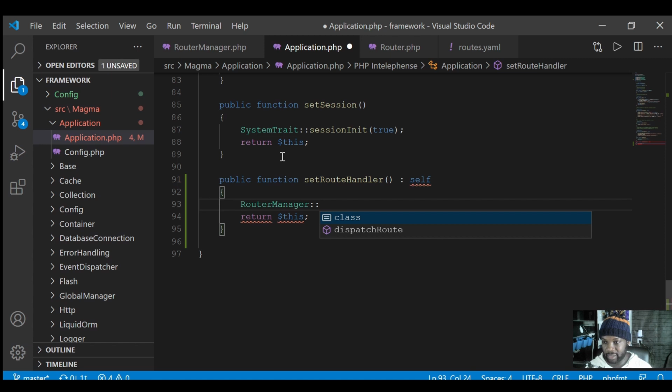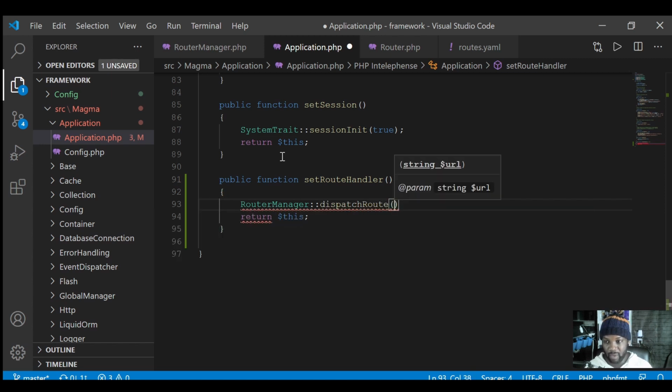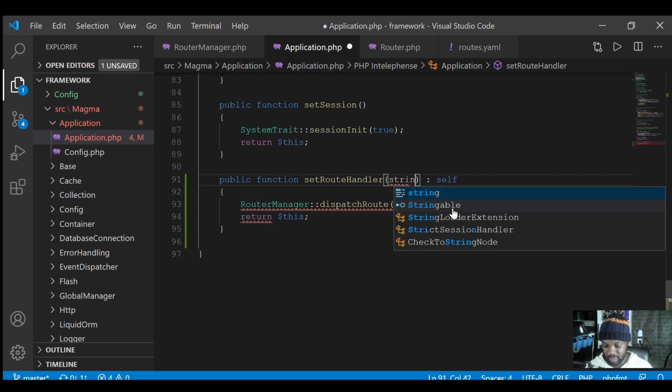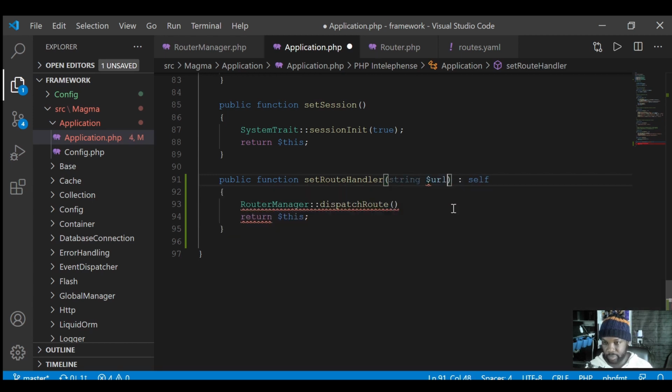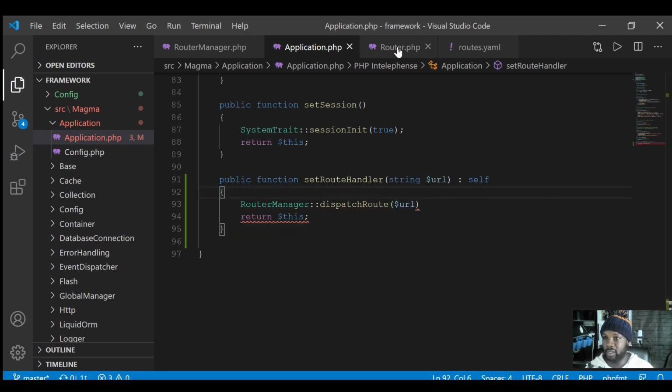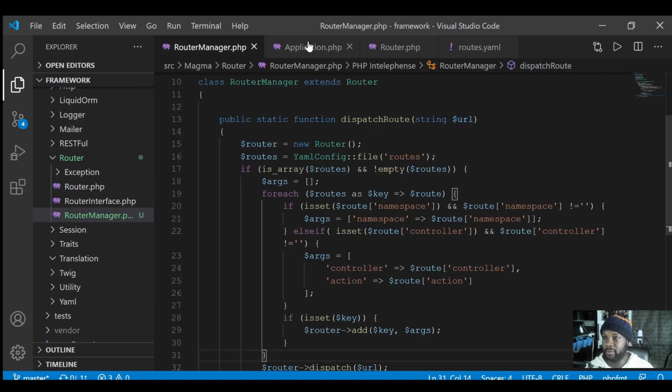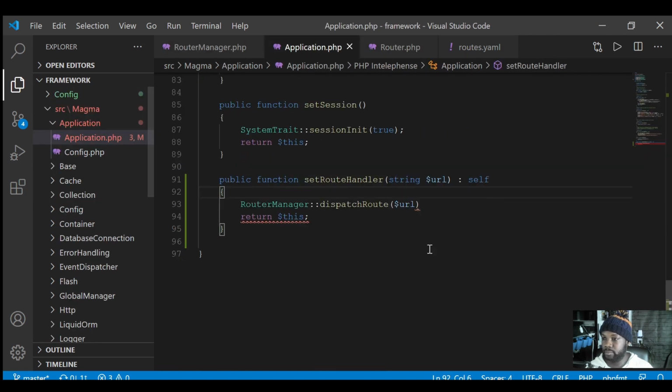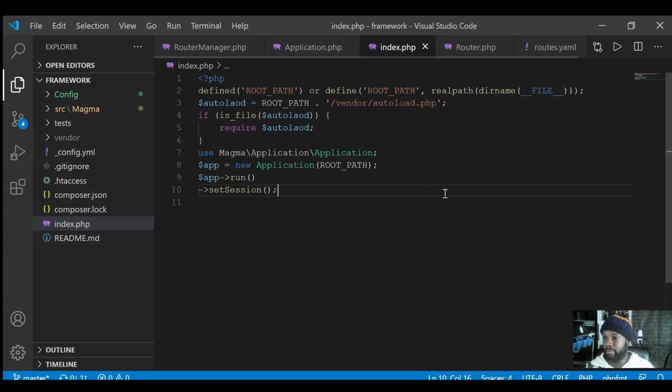and call that dispatch route method. And I'm going to create an argument in that, and I'm going to pass that argument within this dispatch route method, because that contains that one argument in here, and semicolon. Right, so I'm going to go back to my index file, and we're going to pop this in